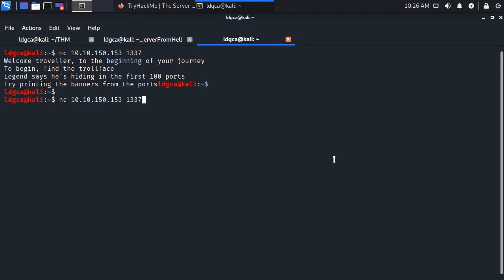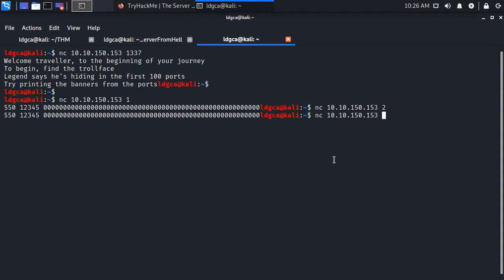Okay, so the same command I'm going to do for port number 1. Interesting response. For number 2. Alright, I think we are seeing some patterns here. Now obviously we cannot do this over and over again for 100 ports, so we have to do some sort of automation. So for that, let's go to our folder